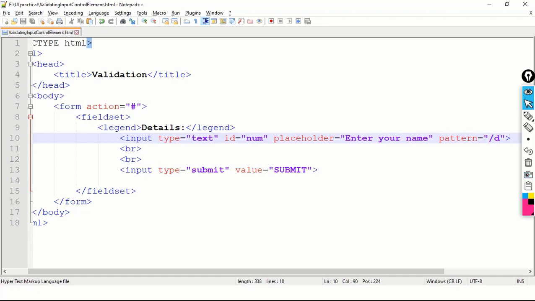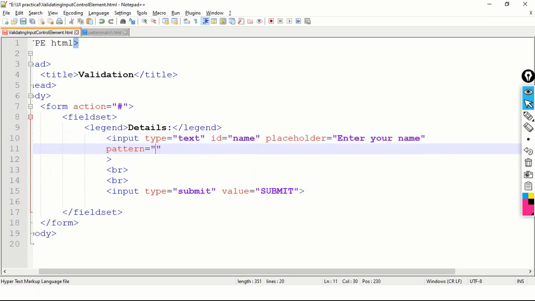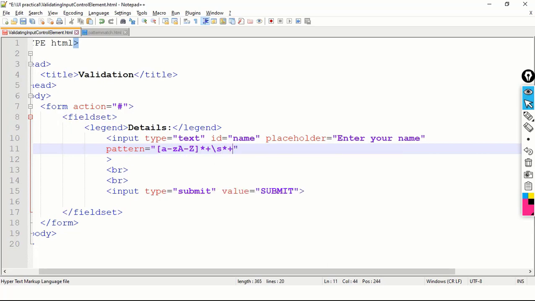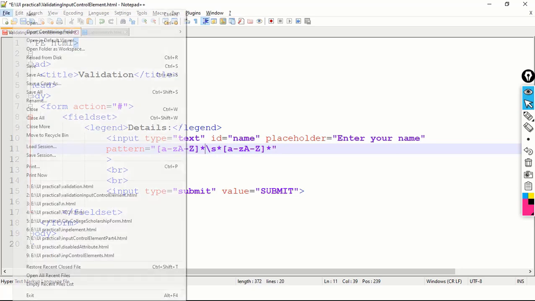Here we need to take small a to z, capital A to Z, star, plus, backslash space, star, plus, a to z and capital A to Z, star. Let's remove this plus sign and save the code.